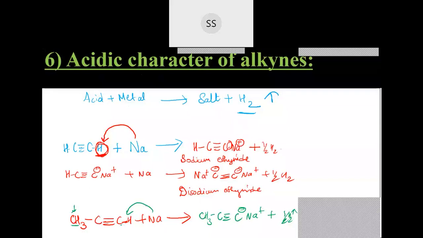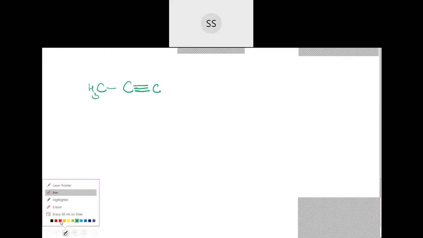Only where a triple bond is present, these terminal ones, where the triple bond is there, we call them terminal hydrogen. This terminal hydrogen started showing acidic character. Why, that we will understand with the hybridization. See, if you have a triple bond and a single bond, you know what hybridization they have. Can you tell me, students, what is the hybridization we have for the triple-bonded carbon-carbon?